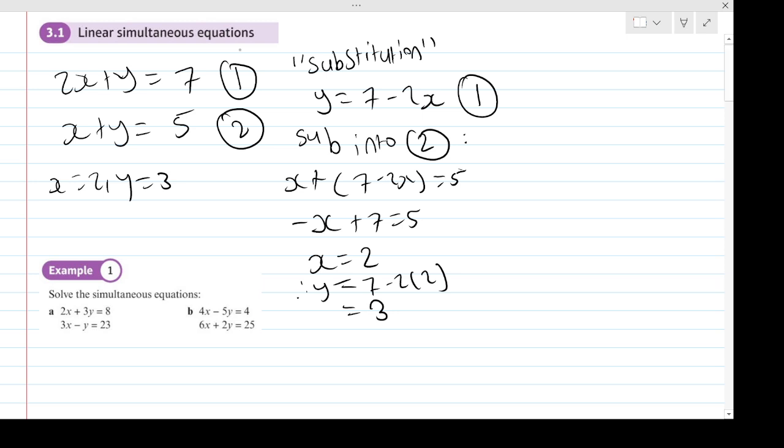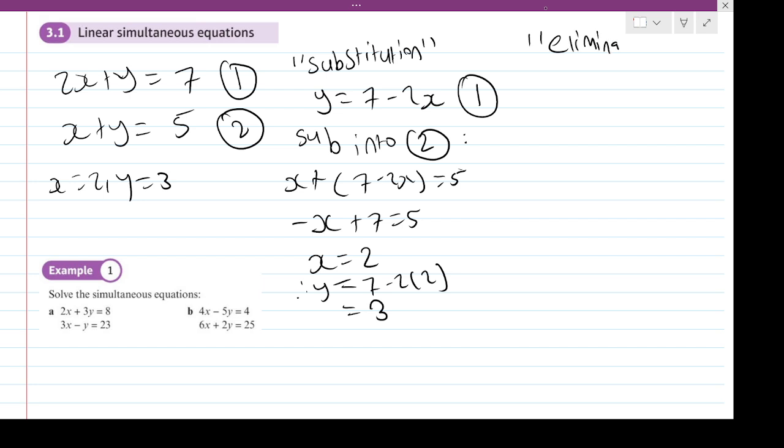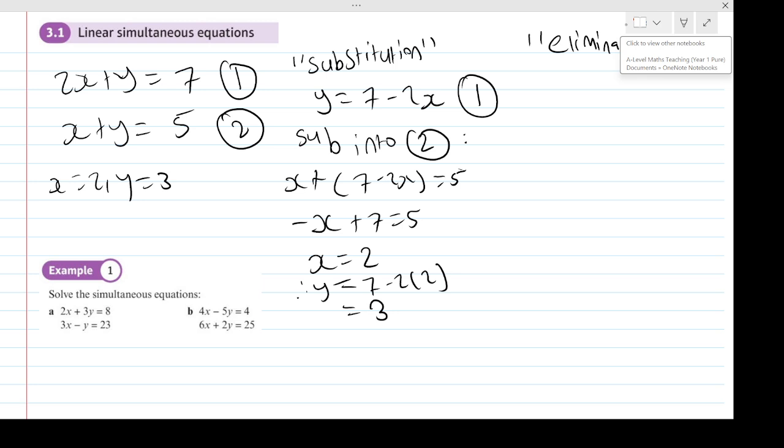And so that's the whole idea, right? To find the values such that it makes every equation true, as to both equations. We can also look at another method called elimination. Instead of rearranging to plug one variable in terms of the other and then substituting to get one equation,